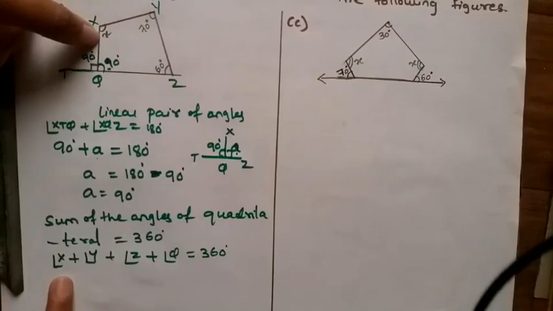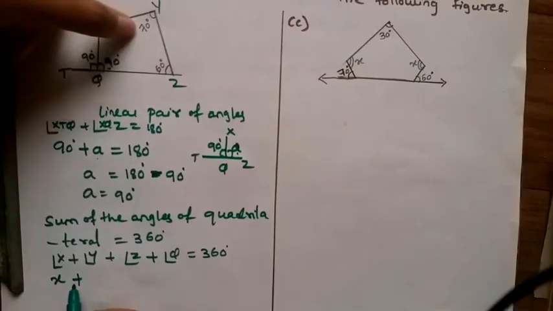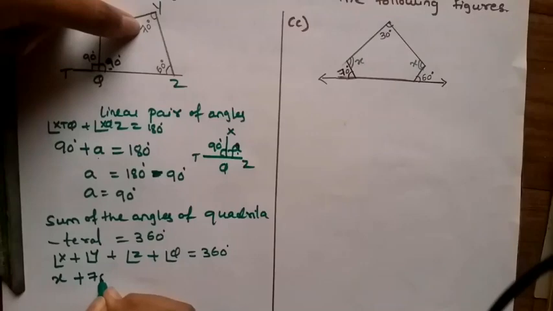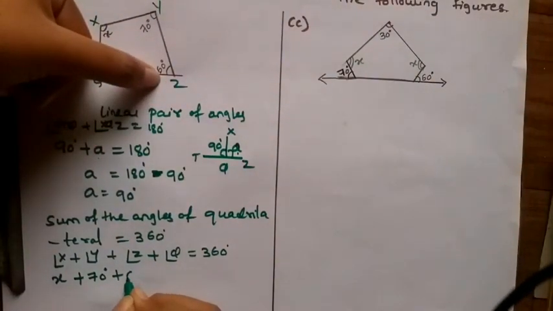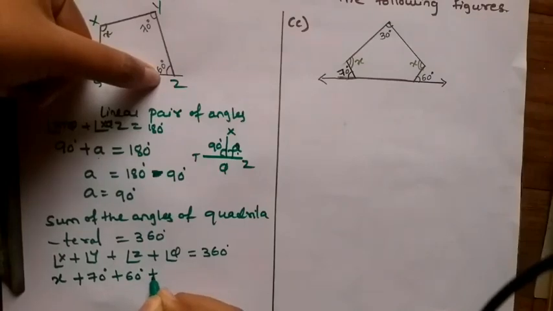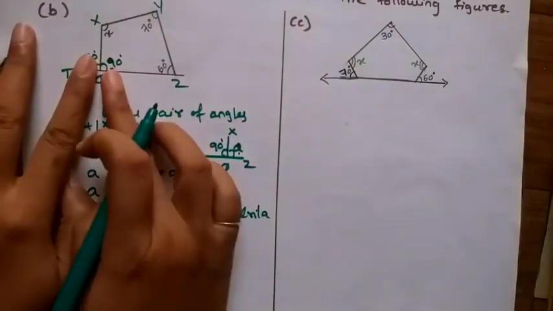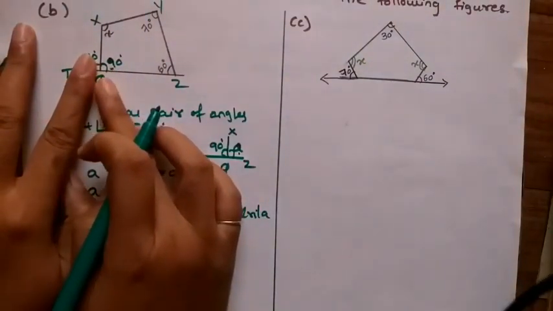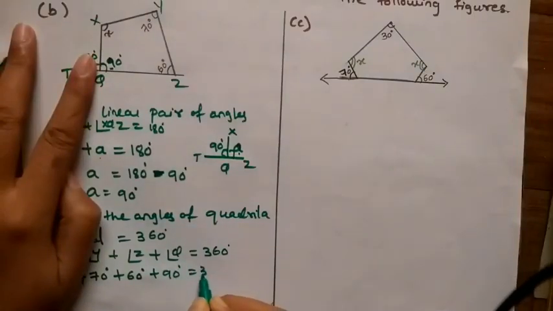Angle X is the variable X only, we have to calculate that value, and keep plus as it is. Angle Y is how much? 70 degrees. Plus angle Z, 60 degrees. Angle Q, only this part you should take, the interior angle for Q, that is 90 degrees, which is equal to